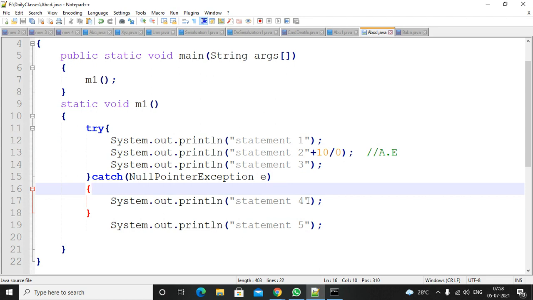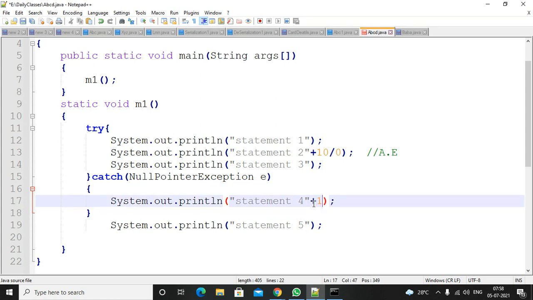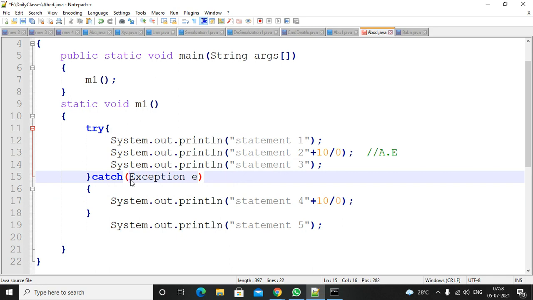Suppose there is an exception at line number 4, what will happen? See this case. There is an exception at line number 2 and line number 4. What will happen? The try block is trying to execute.